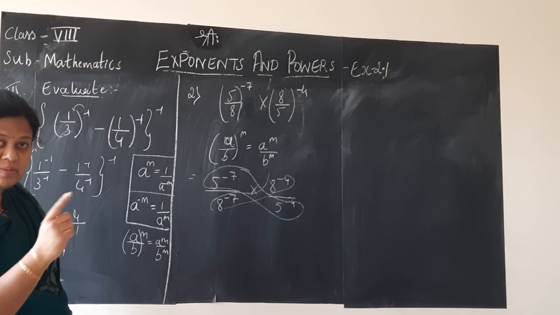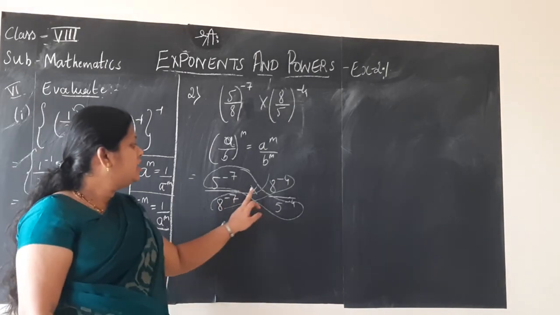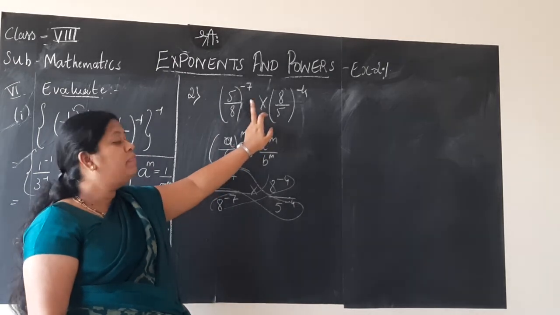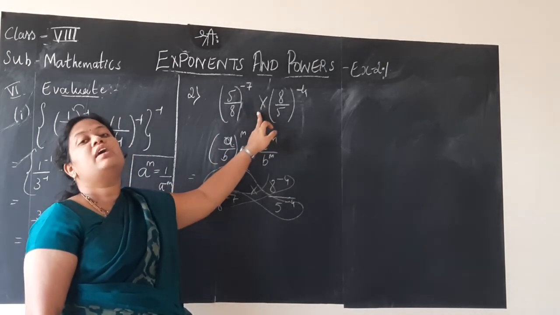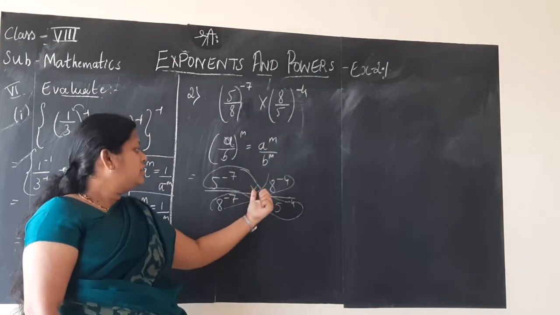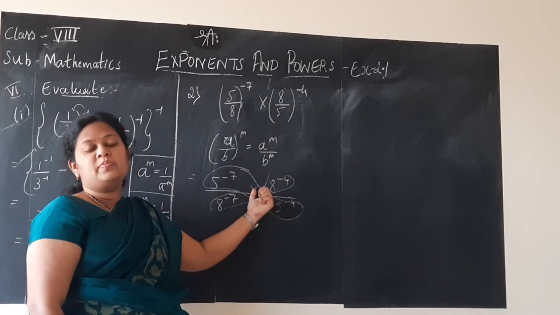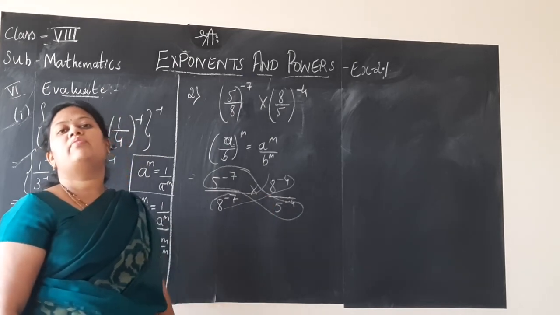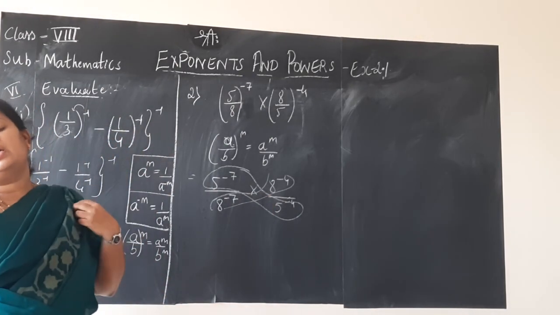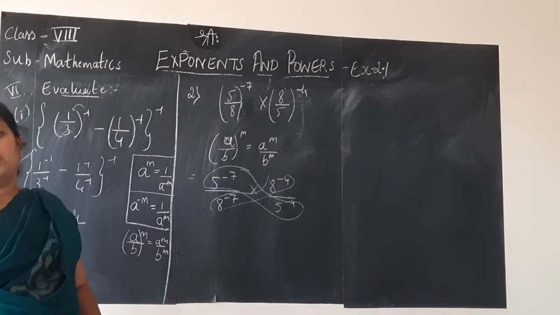You can group them provided there is a multiplication sign in between. If there were a plus or minus here, we would have to take the LCM and then simplify, isn't it? We cannot group then. Thanks to the multiplication sign here, you can group them however you want, because it makes no difference when there is a multiplication sign in between.